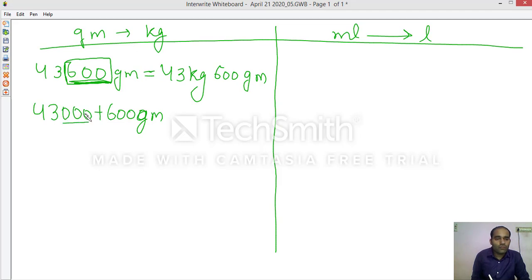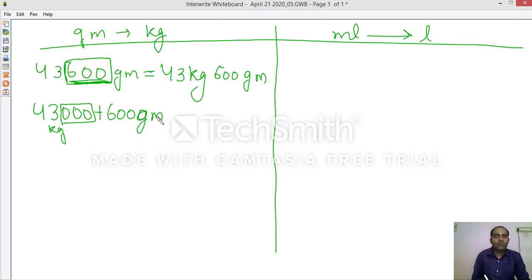You can remove these 3 zeros and it will be changed into kilogram, but this 600 can't be changed into kilogram, because it should be greater than 1000 to change into kilogram.